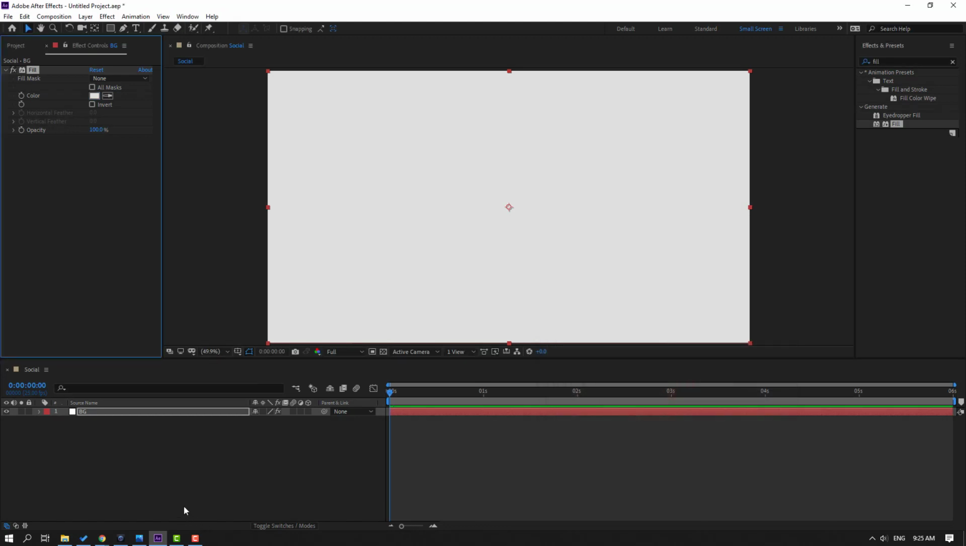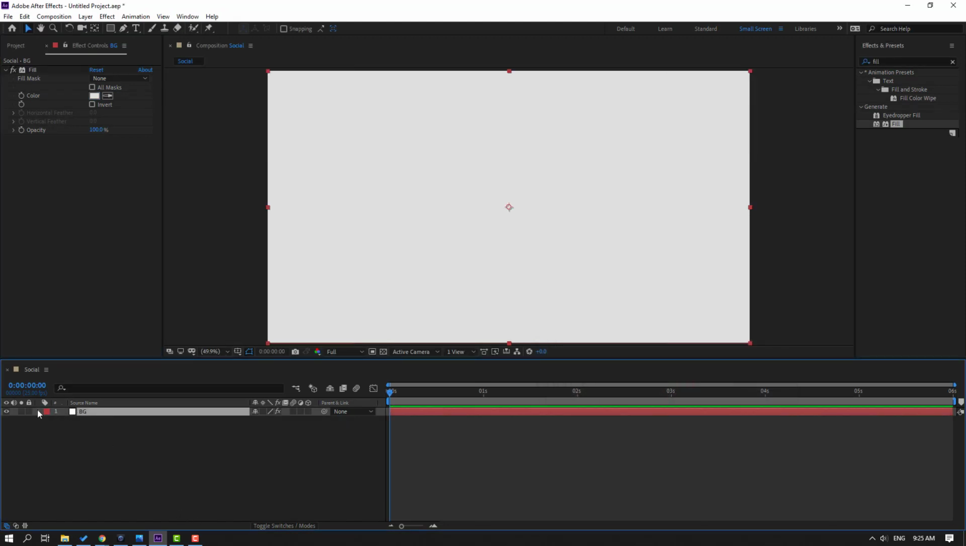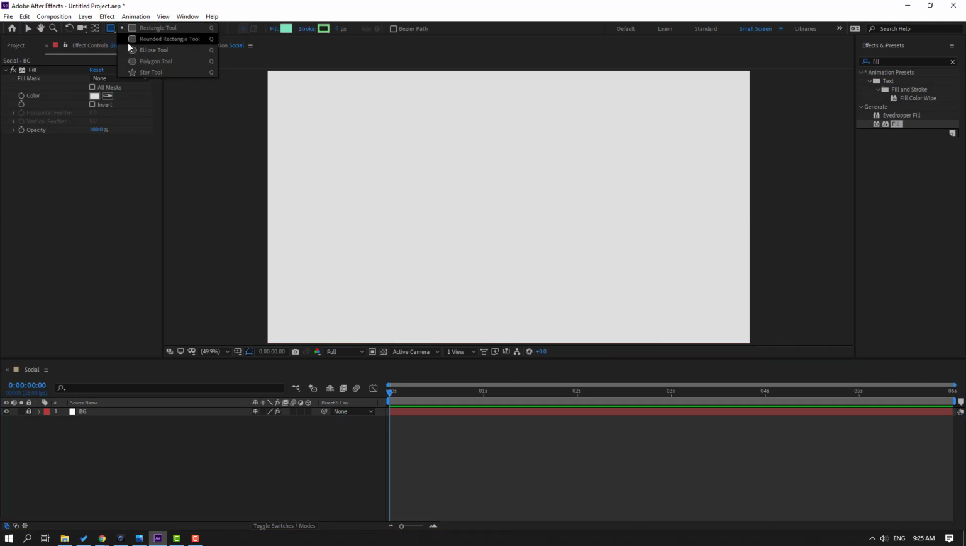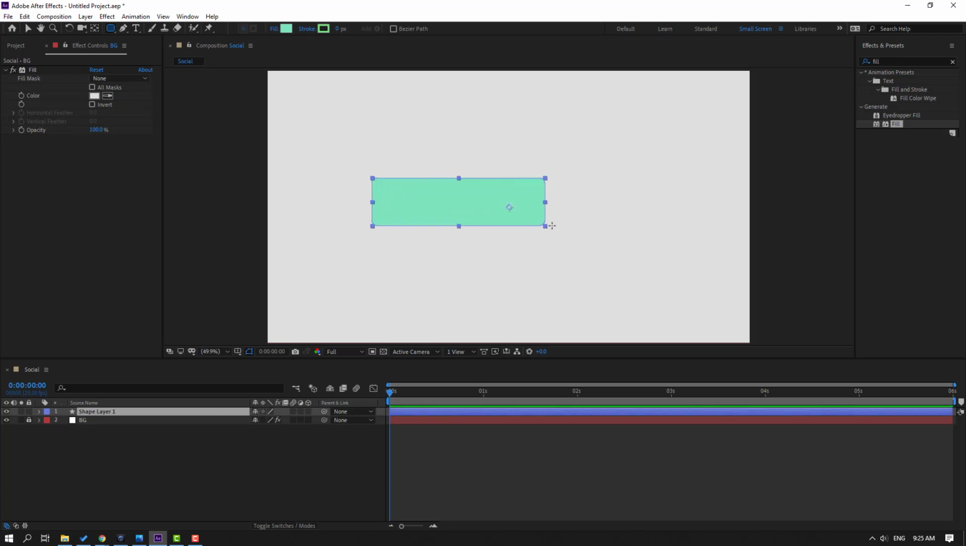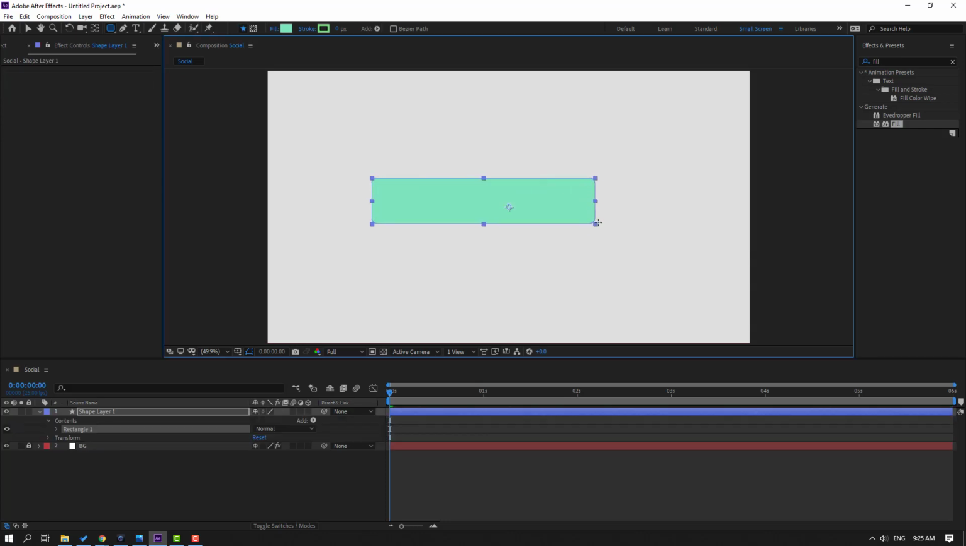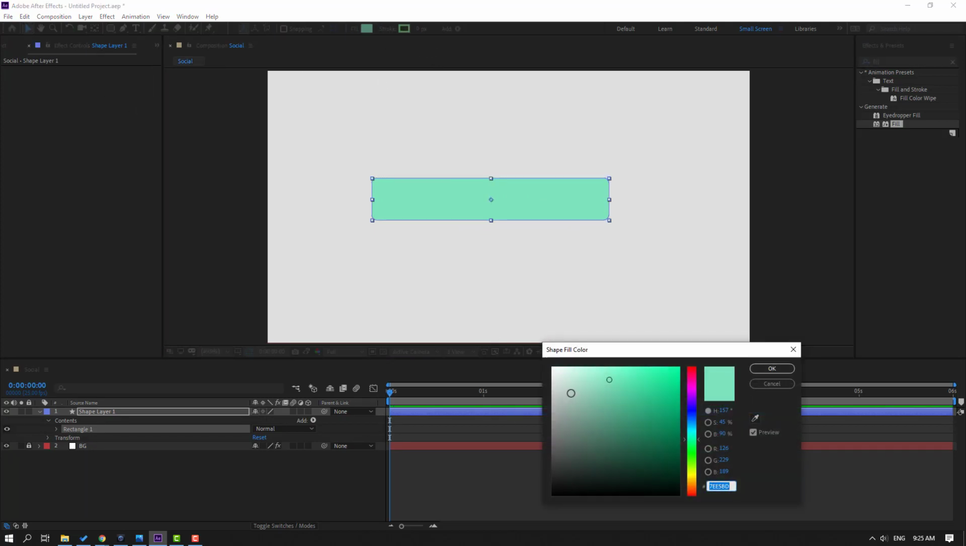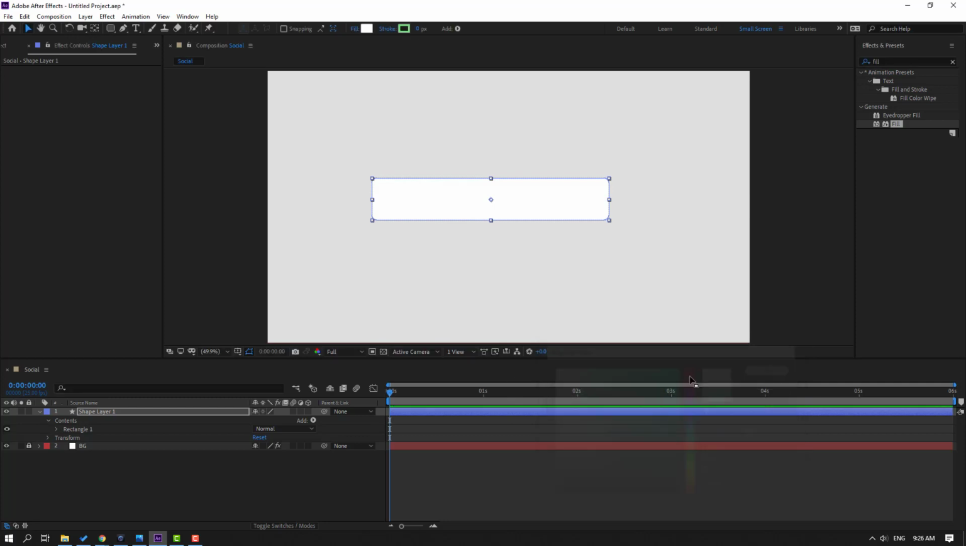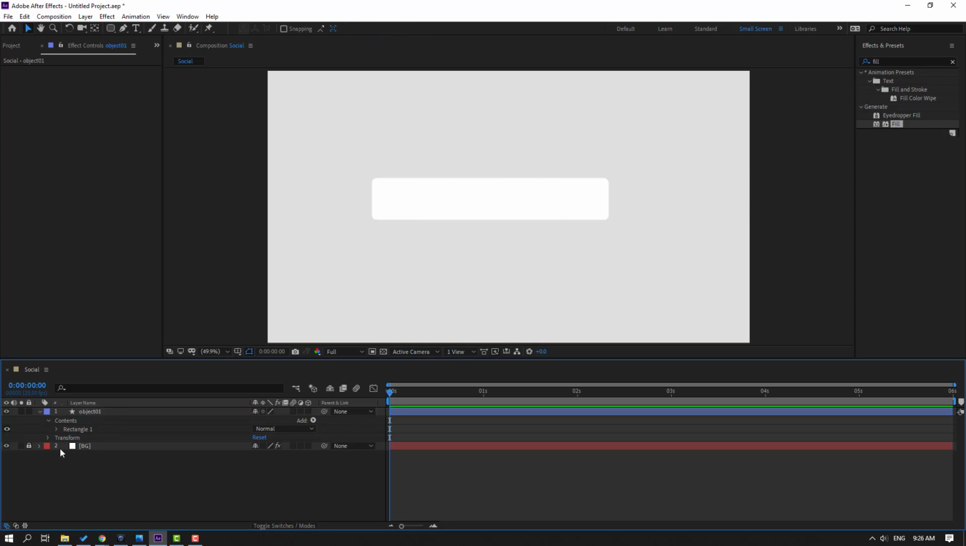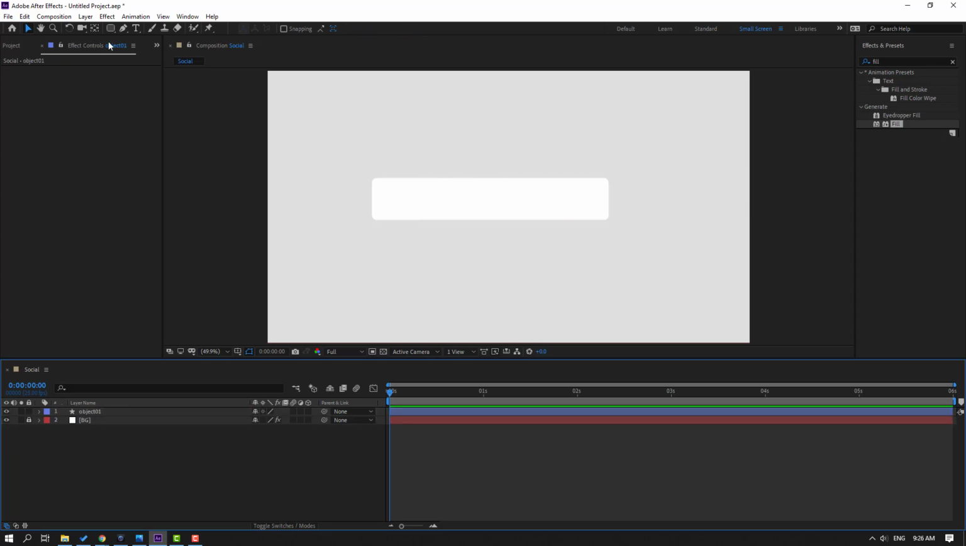and click OK. Then select this background and lock layer, and go to shape layers, hold this icon and select random rectangle tool. Let's make one shape layer like this, and click selection tool, go to fill, change color white, click OK, add name object 1, then close here